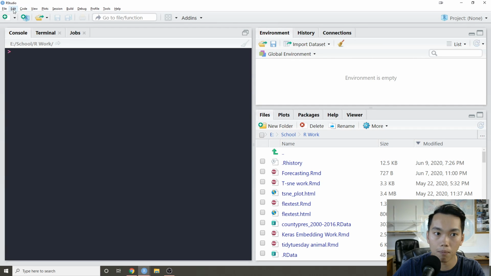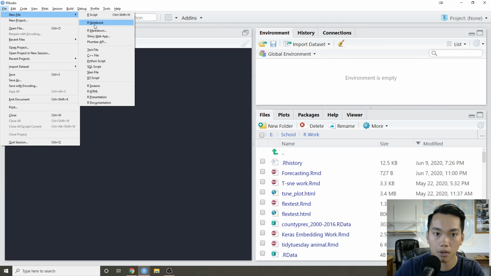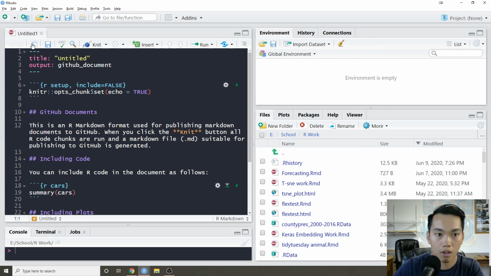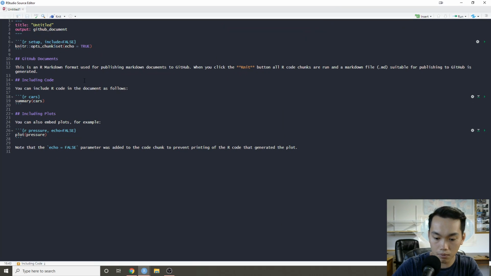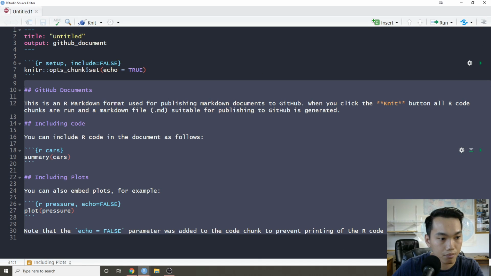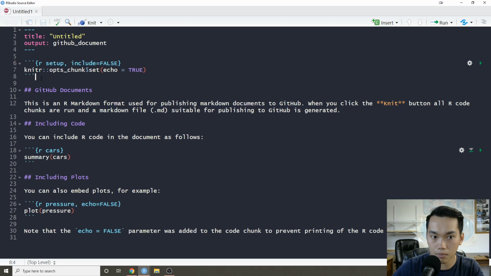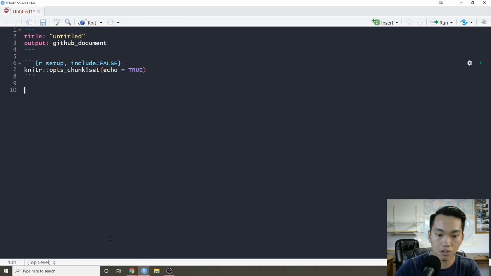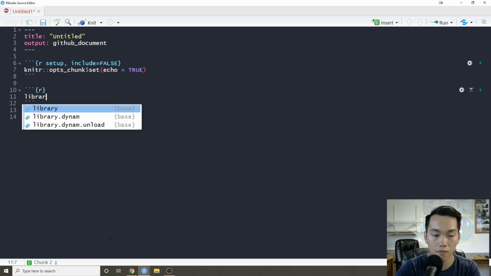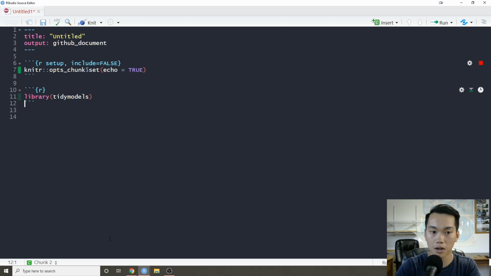So let's open an R Markdown. I'm going to make this a GitHub document, make this full screen, and zoom in a little bit. There we go. Okay. We're going to use a decent amount of packages, but we're not going to do a lot of data visualizations. I'm going to try to make this a little quicker, but we should still be learning a few things. So let's load the TidyModels package,